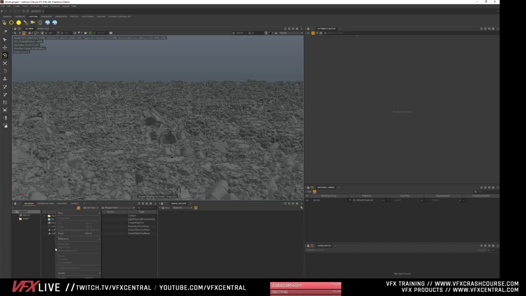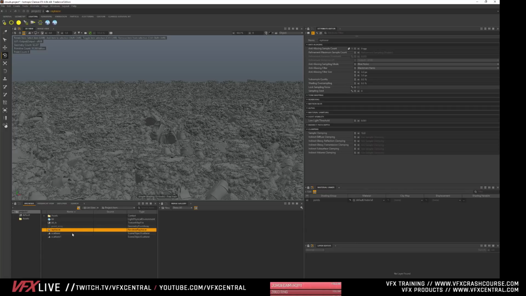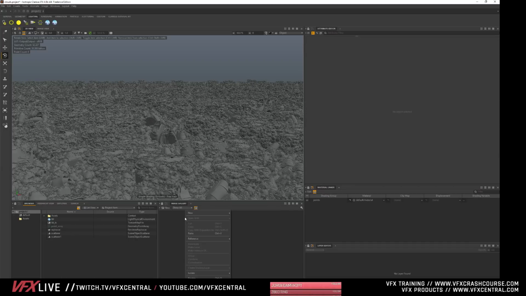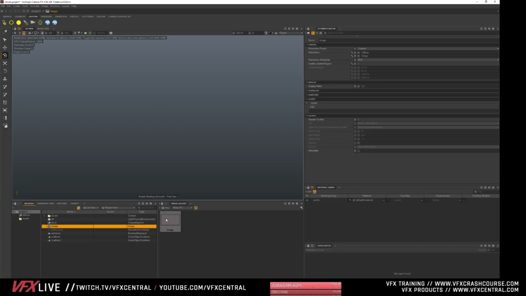So what we need to do to create a renderer, and it'll show up over here, is we need to create first a ray trace. And then we also need to create a new image. So this is what you're going to be rendering to. So this image is going to be the thing that looks at our object. So I think we got to create a new layer.